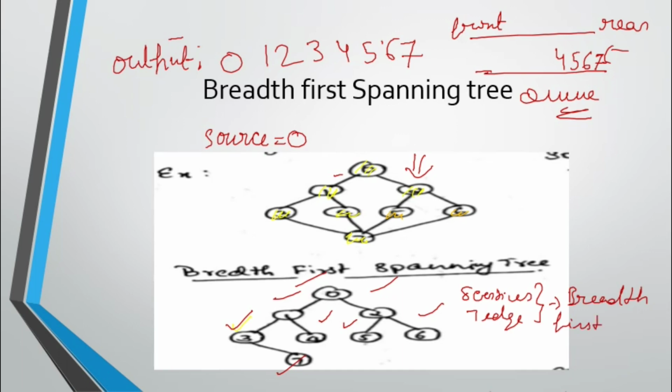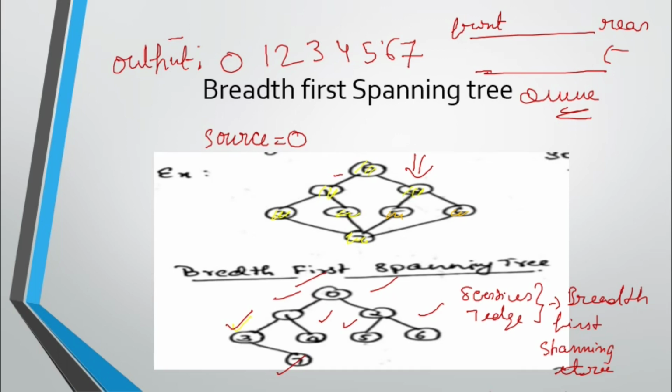Yes, did our algorithm stop? No. You need to check all the elements. So what you do next, you come to 4. In 4, all the unvisited vertices are visited. You go to 5. Again from 5, unvisited vertices are visited. So go to 6. Going to 6 means updating the currently working node. Remember that currently working pointer. Again remove that 6. Then go to the final one, 7.